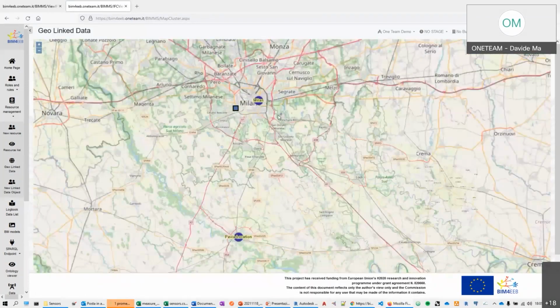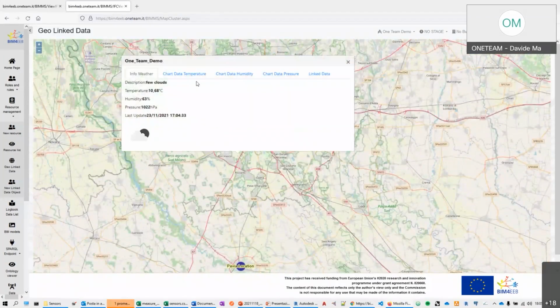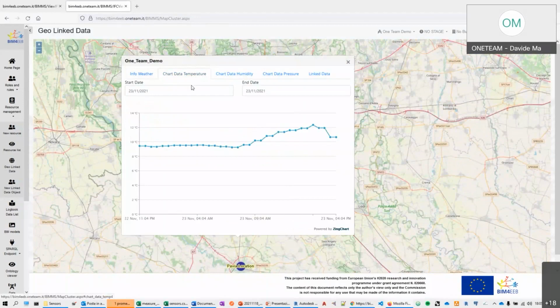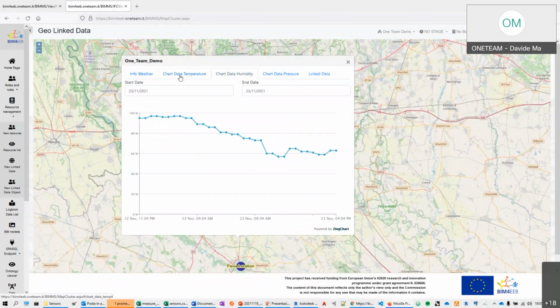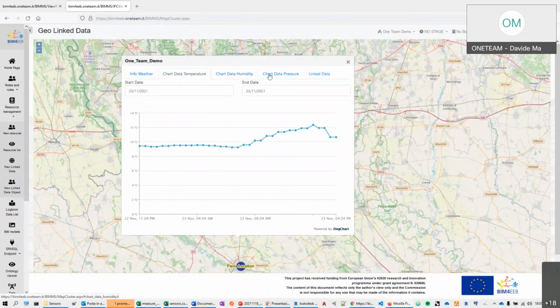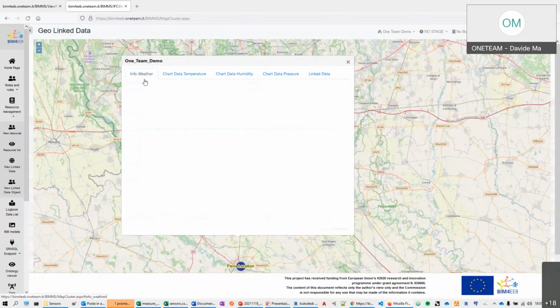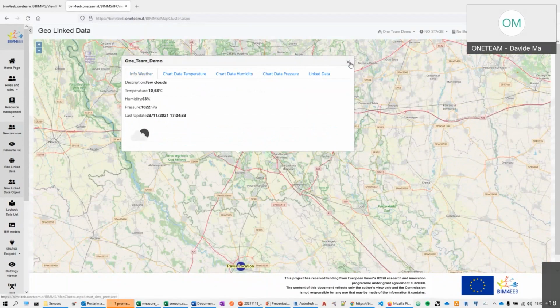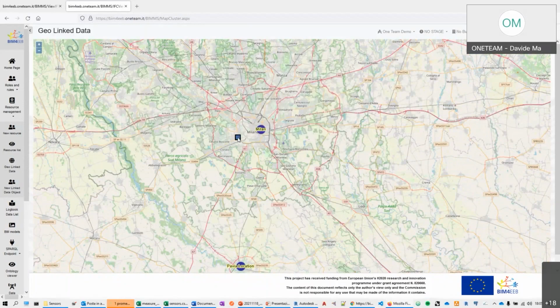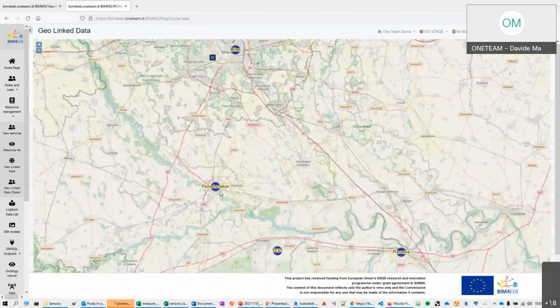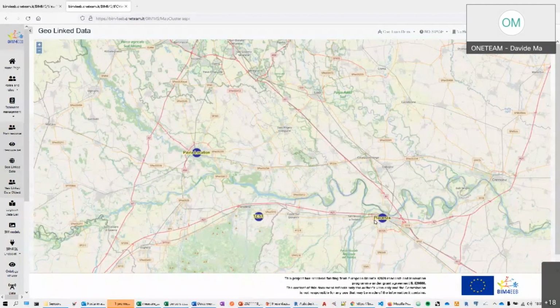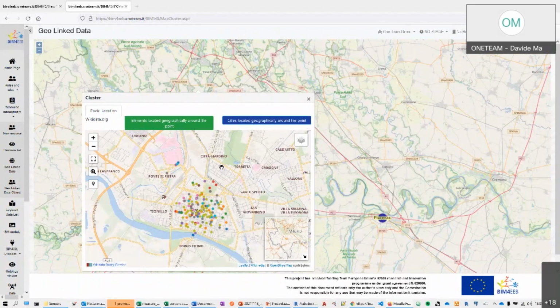These functionalities allow you to see not only the data that could be coming from the sensor, from the temperatures. For example, this is the weather, the temperature in Milan, the pressure, and anything related to the weather in this precise location where there is a weather sensor. But every time you find a place like that, you can click on it, and when you click on it, you can